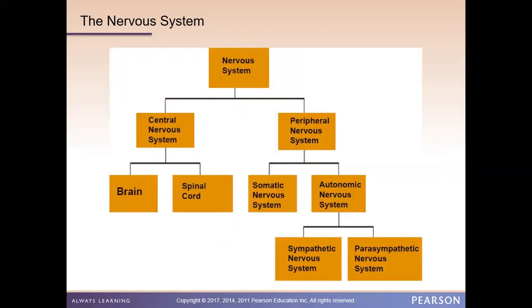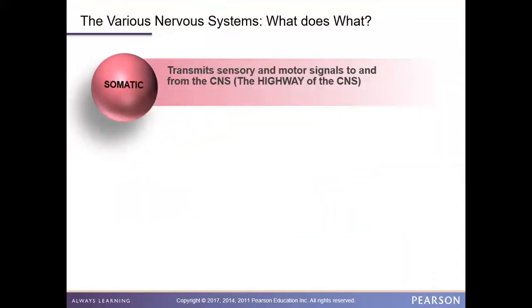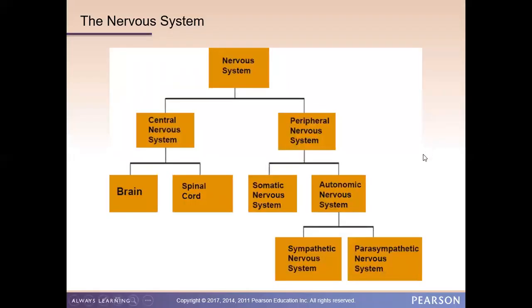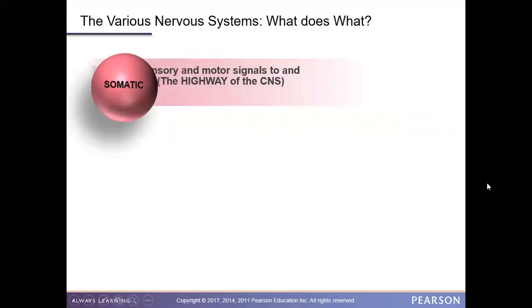I'll leave this here for you as well. This might be the type of screen that you either want to draw in your notes or screenshot. Okay, this is a good place to screenshot, and then this will help to guide you in learning the nervous system. So what does everything do? Remember, right now we're focused on the peripheral nervous system. We're going to break that down into two parts, the somatic and autonomic, and then we're going to break the autonomic down into two further parts. This will be an easier way to take notes on this.